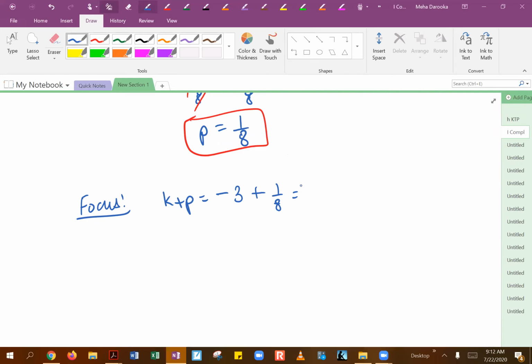And we will leave these answers as fractions again. So -3 + 1/8 will give us